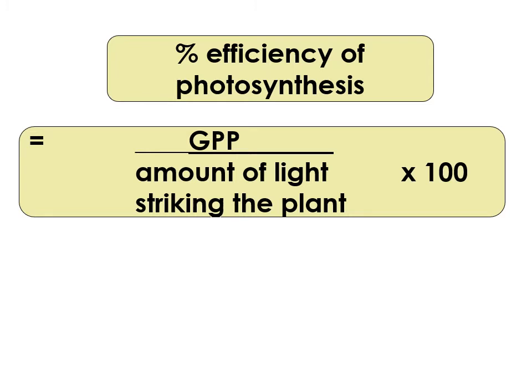If you were ever asked to calculate it, it's using that gross primary production value and you're dividing it by the total amount of energy available. Okay, it's no different to the efficiency calculations you'll do all the way through the rest of the ecosystem. As you know, they are always energy available after the transfer divided by energy available before times 100. So it's just the same formula.